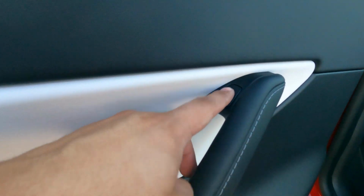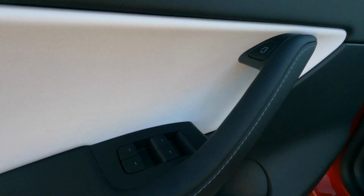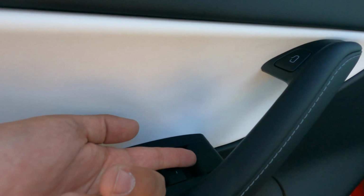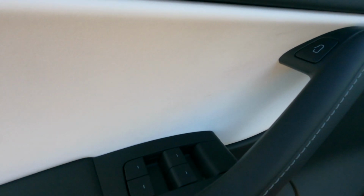So just simply press this. You can hear the little manual switch or automatic switch, and in case the car runs out of power, there is actually a little manual button. So if the car battery dies out or whatever, you actually can open this up manually. Just pull on this, and then right below this you got some cubby space, not too bad, probably fits some